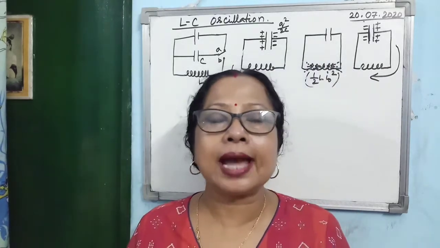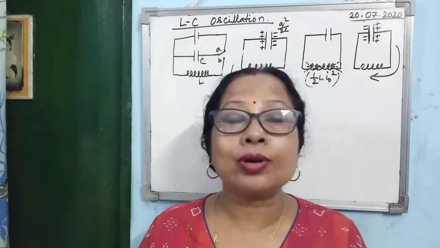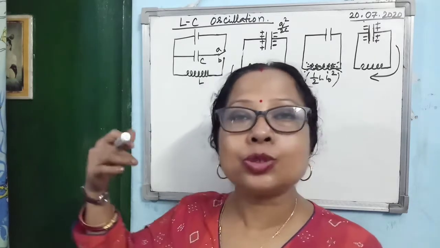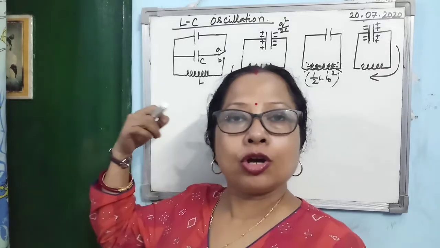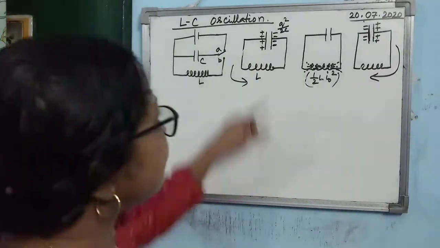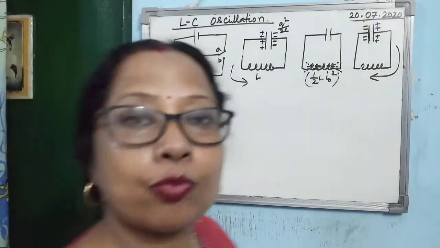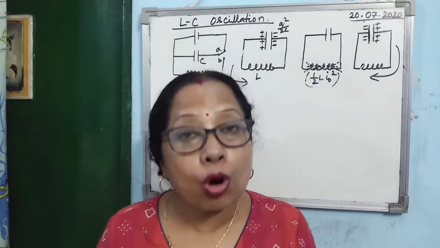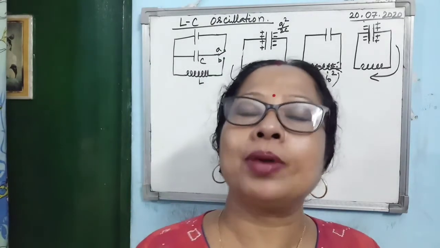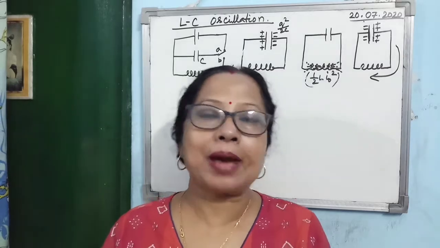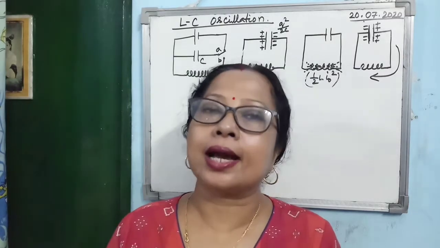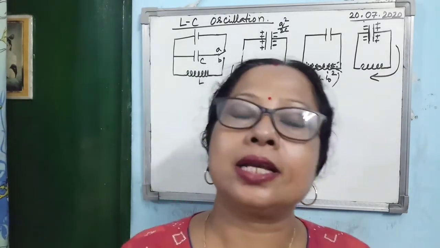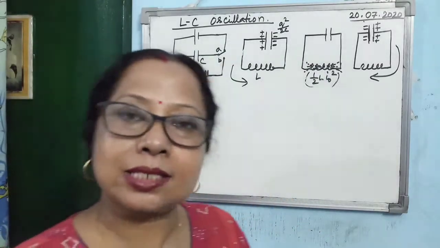You know, in a water tank what do you do? In a water tank you can store water. Now in this one, this is an electrical oscillation. So in this electric circuit, the LC circuit, we can store the energy either in the form of electric energy or in the form of magnetic energy within the circuit. That's why the LC circuit is also known as tank circuit.